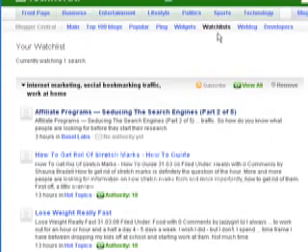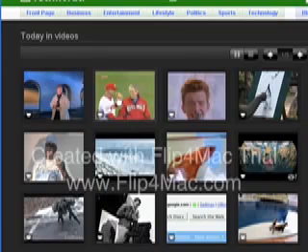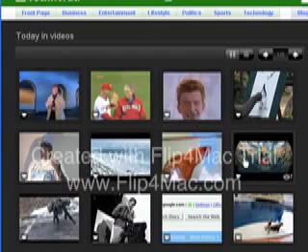The watch lists are where you want to keep an eye. So say you want to actually use this as a tool for spying on your competition, you could actually track and follow a particular site as well within here. And as you can see, not only does it have particular blog posts, but you've also got photos and videos as well now. So more and more content is going on to Technorati that people can be tagging all the time. If we go back to blogs,